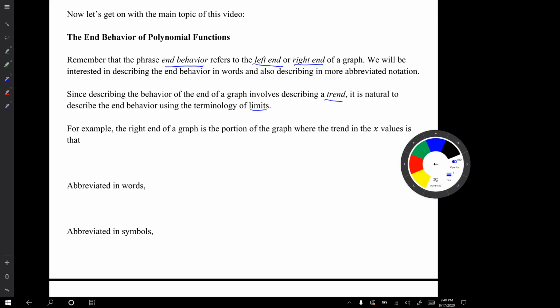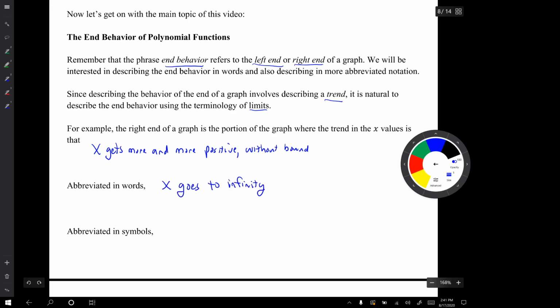So, for example, the right end of a graph is the portion of the graph where the trend in the x values is the following. x gets more and more positive without bound. Abbreviating that in words, we would say x goes to infinity. Abbreviating in symbols, we would write,